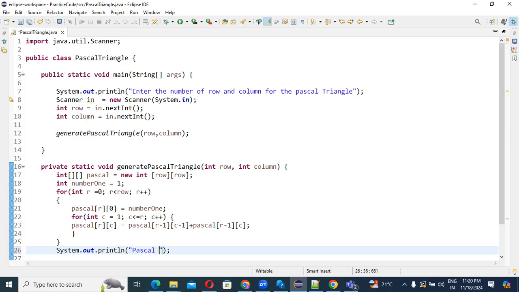Pascal triangle value at row, plus row value, right? Row value, then column, column value is